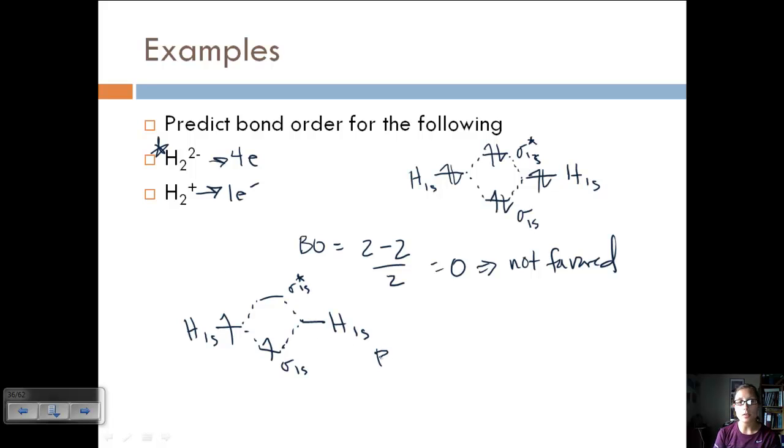So if we look at bond order here, this is 1 bonded electron minus no anti-bonded electrons over 2, and that gives us a bond order of 0.5. So this molecule is favored, but not very much. Okay, so we're still going to have separate hydrogen atoms, but H2 plus could be seen